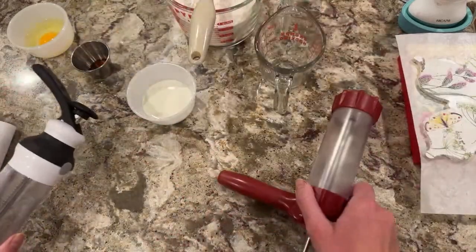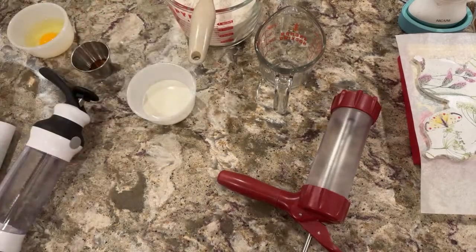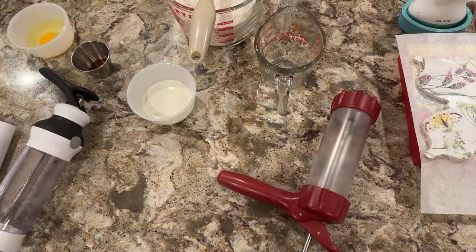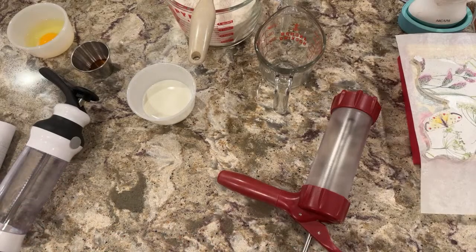And then again, we have our guns and our discs. You need your cookie sheets. You're not going to put parchment paper on them because you want your dough to release on the metal. The other thing is, if I make those long jelly ones, well, we'll see if I'll put a pastry bag and do that, because you have to have the long ones. I probably can do it with this,